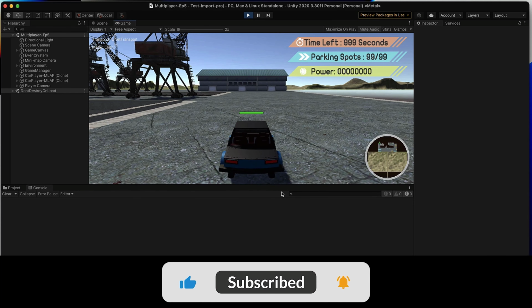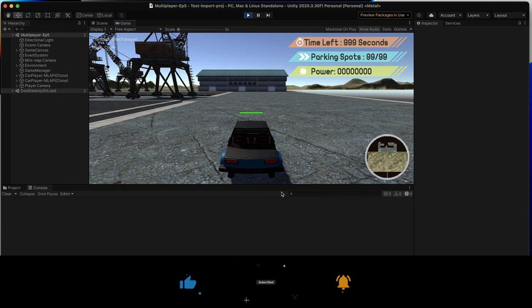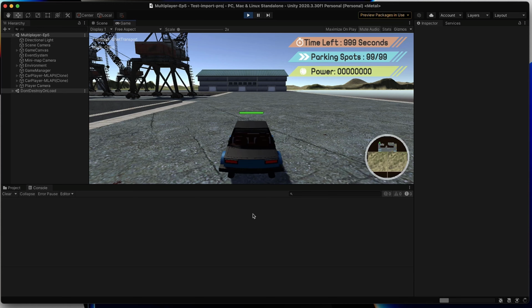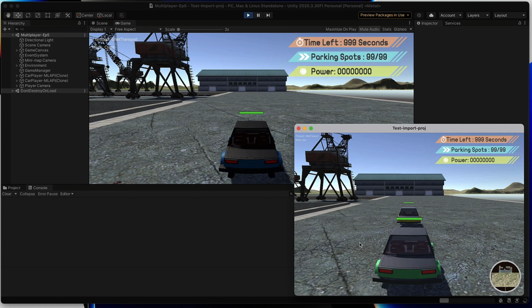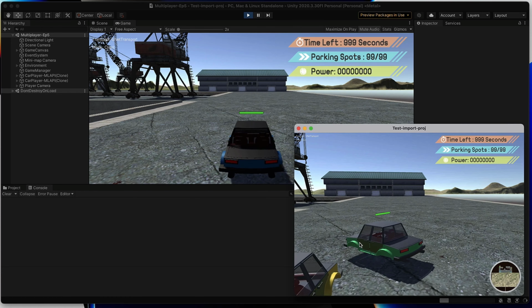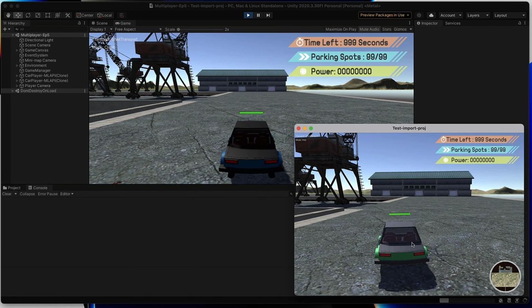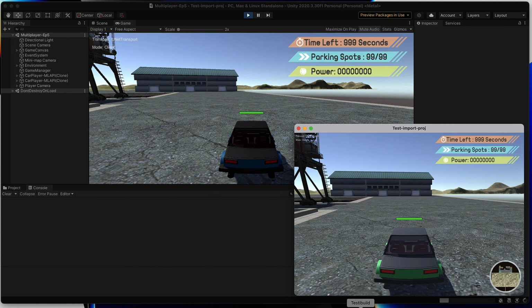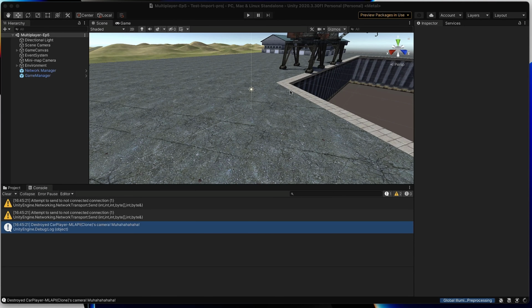Now, as you see, this time we no longer see those errors that we saw previously within our Unity editor. But as you can probably see, even though we fixed the issue that comes from not using our ServerRpc correctly, we are still not getting that one-to-one movement in our game. So we're going to need to fix that issue. Let's go back to our editor and make those fixes to make everything start working the way that we need.